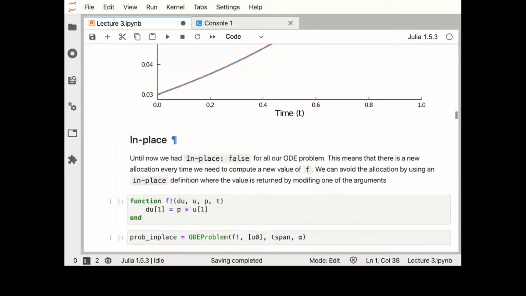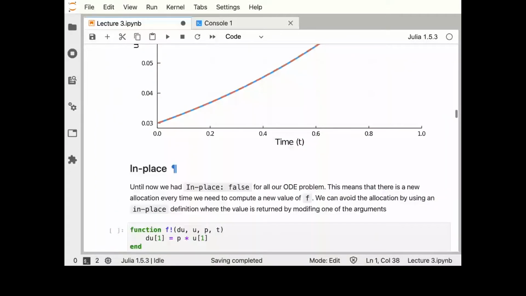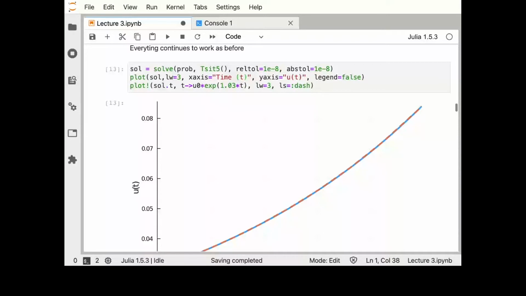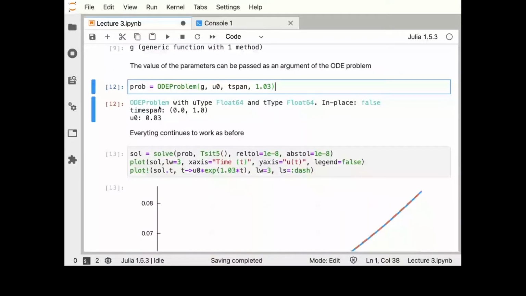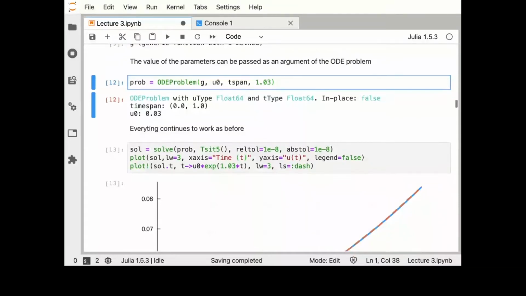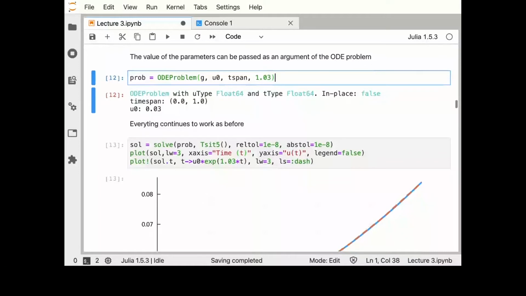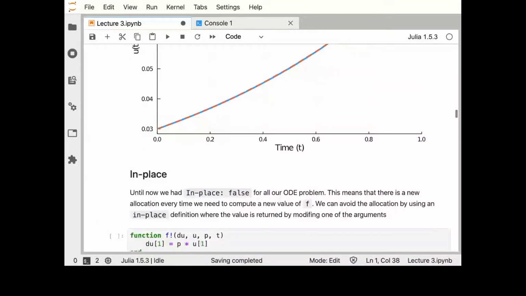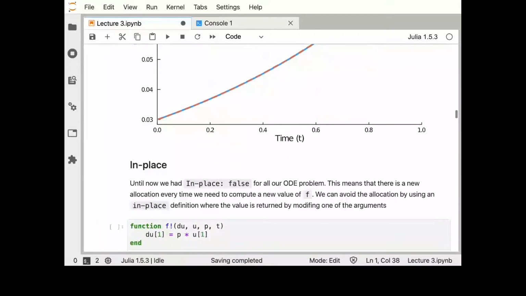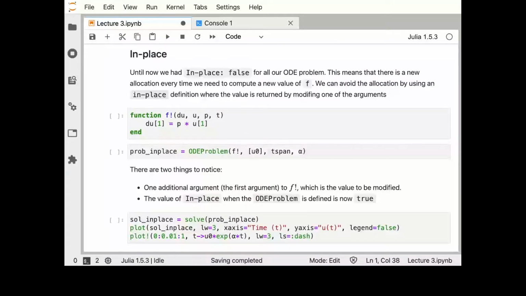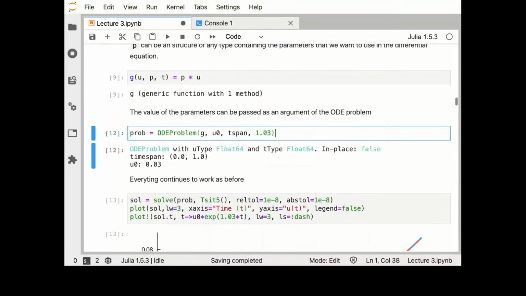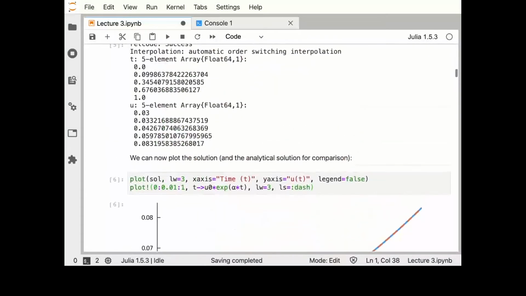And one little thing that you may have noticed is that, well, it's an ODE problem where the state is a Float64, the time is Float64. We know the time span, the initial state, and inPlace false. This inPlace false is quite important from the performance point of view. Why? Because inPlace false means that every time we evaluate a function, for example g, that we are going to see,